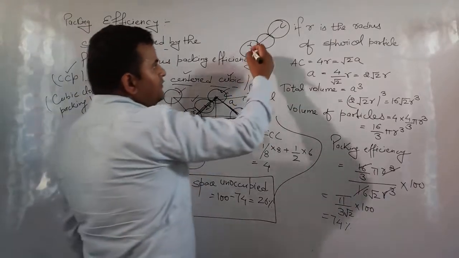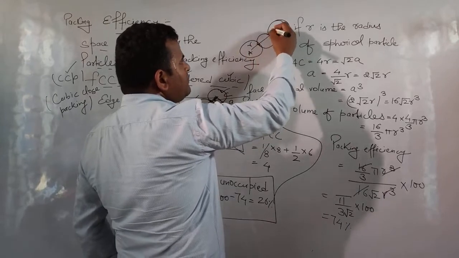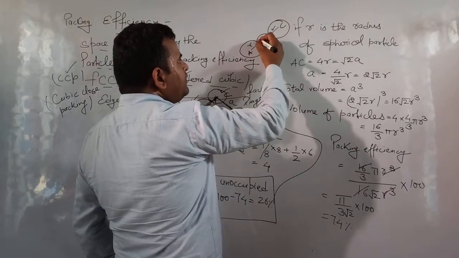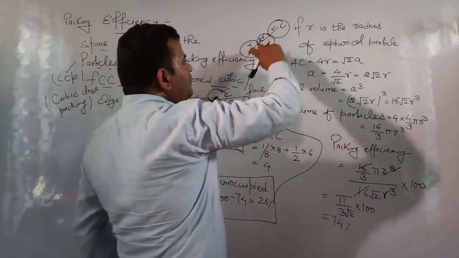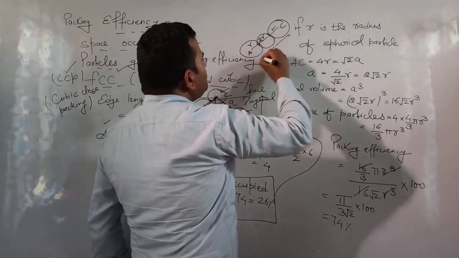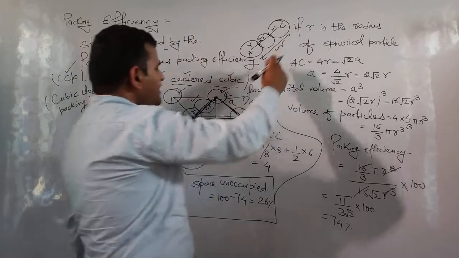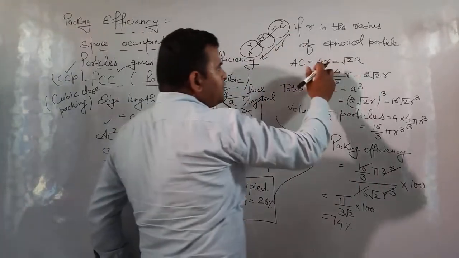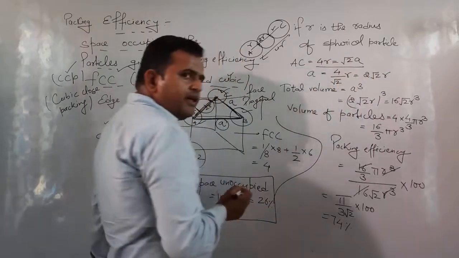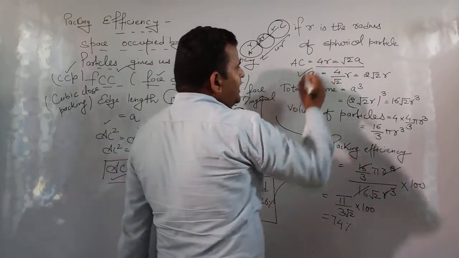Now you can see if r is the radius of this spherical particle, r is here and 2r is here. The total value of this whole AC is 4r, and 4r is also equal to root 2 a. As I mentioned here, 4r is equal to root 2 a,